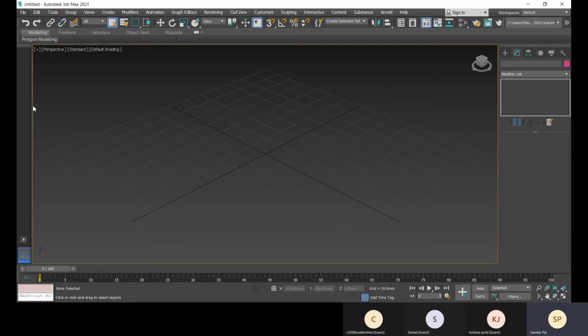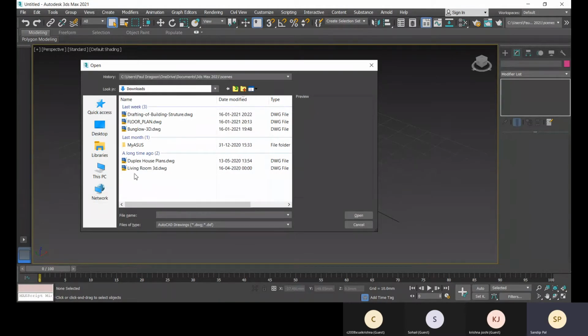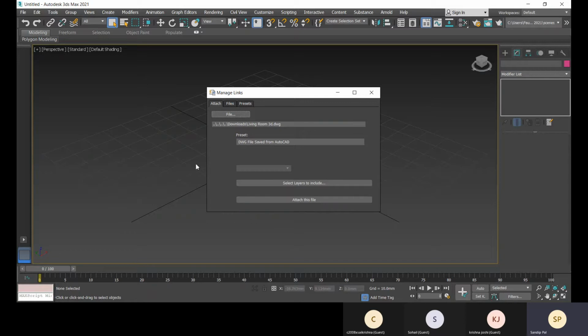Under this import, this link AutoCAD option is available. You can link Revit files as well. So link AutoCAD, you have to select the right file, and then all the settings you have to set. If you want to rescale it, you can, but there is no need to rescale it right now. And DWG file saved from AutoCAD should be selected, because you are linking a DWG file.